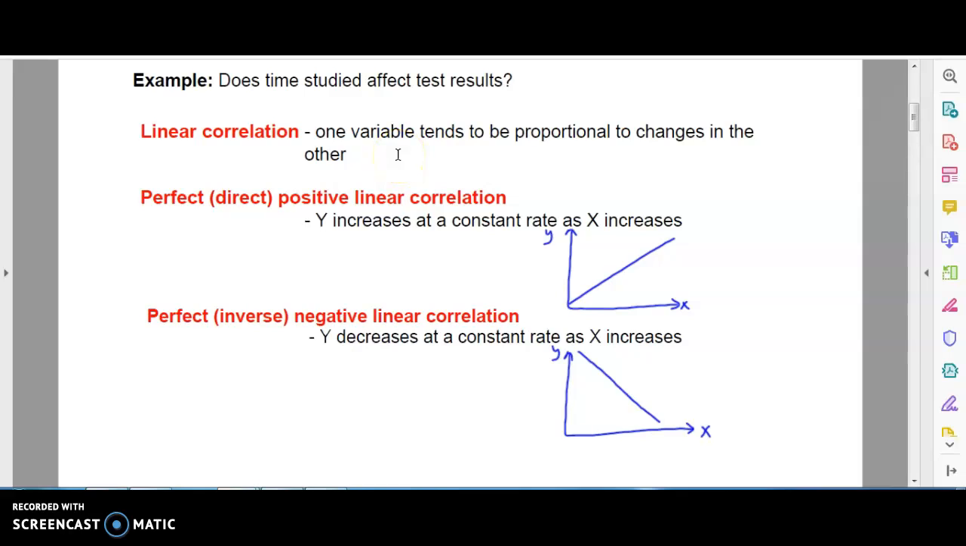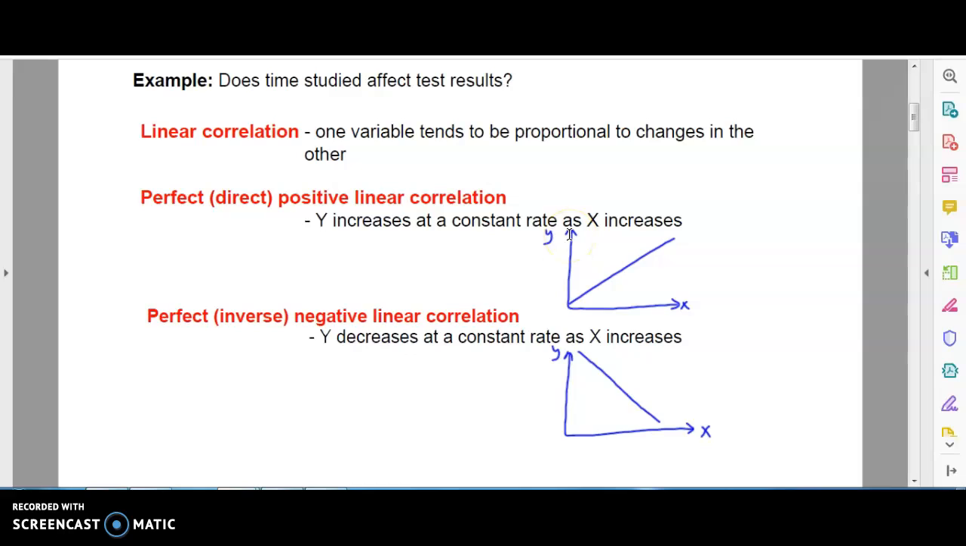So, for example, as x goes up by 1, y also goes up by 1 every time. Perfect, direct, positive linear correlation. Y increases at a constant rate as x increases. If you have a straight line, that tells us we have a linear correlation, and if it's going up and to the right, that tells us positive,